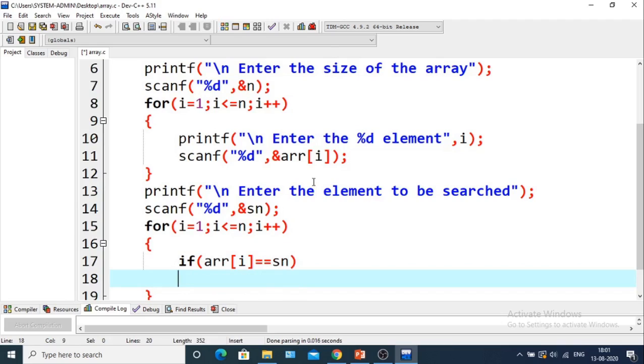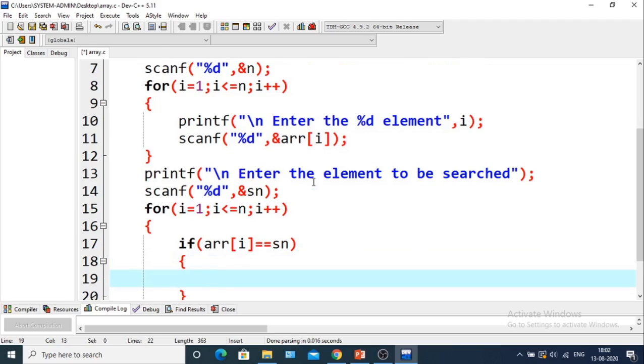But here is another problem. If the element is in the array multiple times, then it will print element found multiple times. I'm just showing you what problem will happen, so that you can understand.